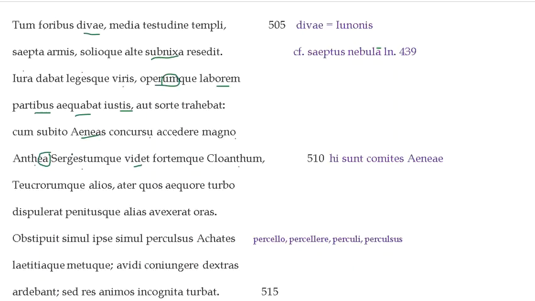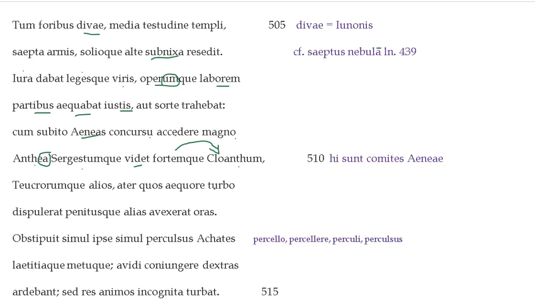These men specifically, you might remember, Aeneas had worried about having perished on the seas. Right? So he sees them, and note that Cloanthus is apparently deserving of the epithet fortem. And then he also sees alios teucrorum. Here, this is a partitive genitive. He sees others of the Teucrians.